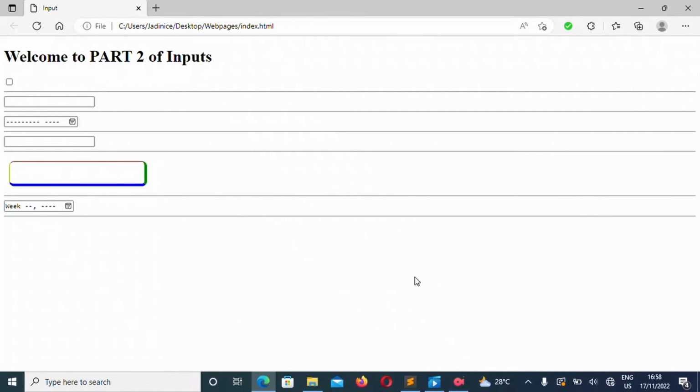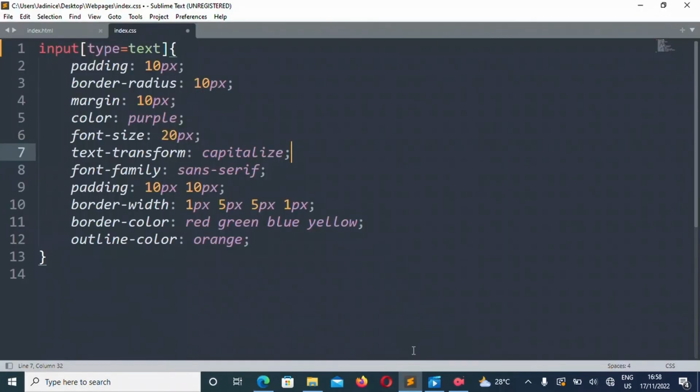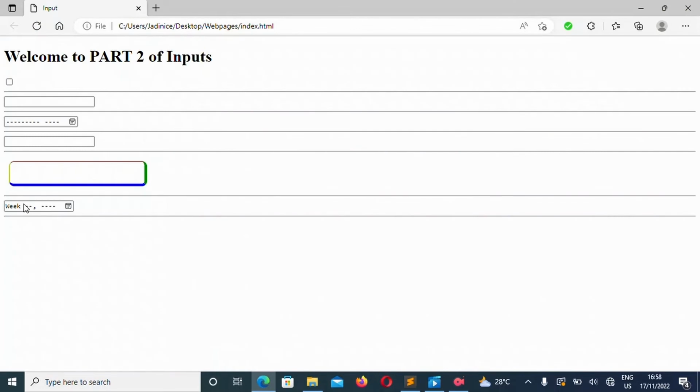So that's all. But supposing that you love this kind of coding, or maybe you just love the way the code came to life and you're like, hey, I want to style everything to be exactly like this text. I want to make everything, if possible, like the password, the date and time, the number and week. I want all of them to be like this.